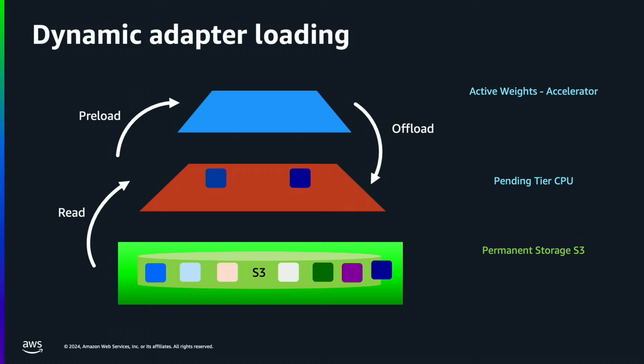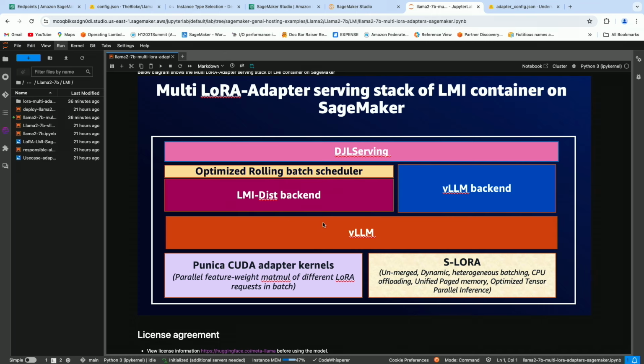So let's go back to our code. Another open source framework called Punica. It offers CUDA adapter kernel optimizations so that you can reduce the response times and reduce the GPU memory I/O operations, and it also optimizes the matrix multiplication operations for different LoRA-based requests in a batch. All these features combined together offer high performance in terms of reduced response times and high throughput